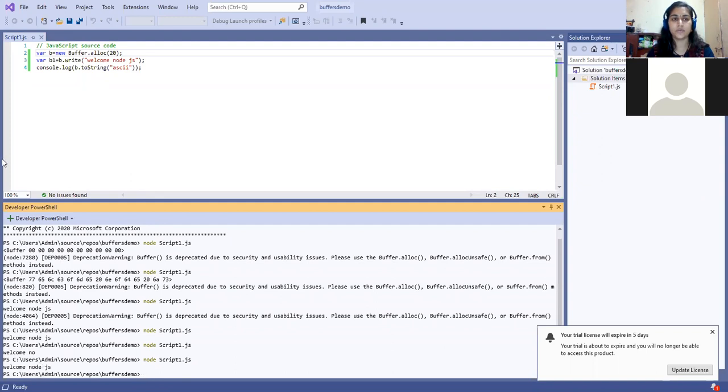So these methods we used. First is the new keyword, which will allocate the memory. Second is the alloc method for allocation of the memory for the buffer. Third is the write method, which will write contents to the buffer. And the fourth is the from method, which is used for writing a particular string or anything to that particular buffer. So how to initialize or declare a buffer, we have finished at this point.